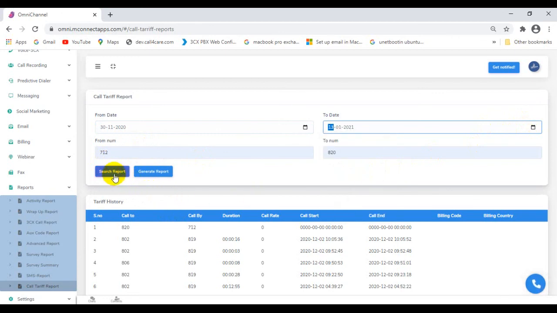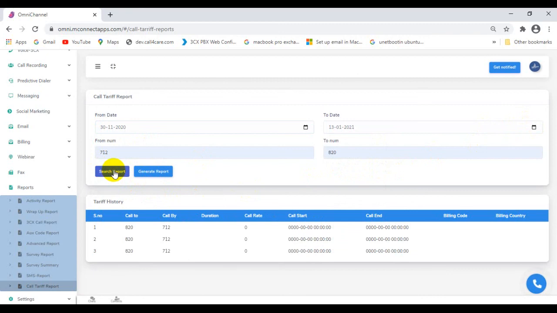And if you make a quick search report, that is if you click on search report, I'm clicking on this, the details about the interaction of this agent with this customer alone will be displayed.